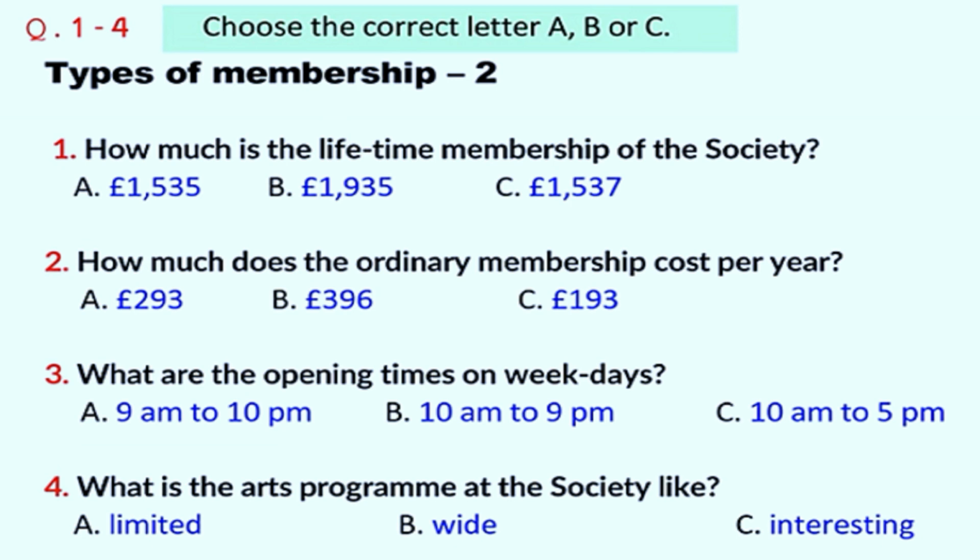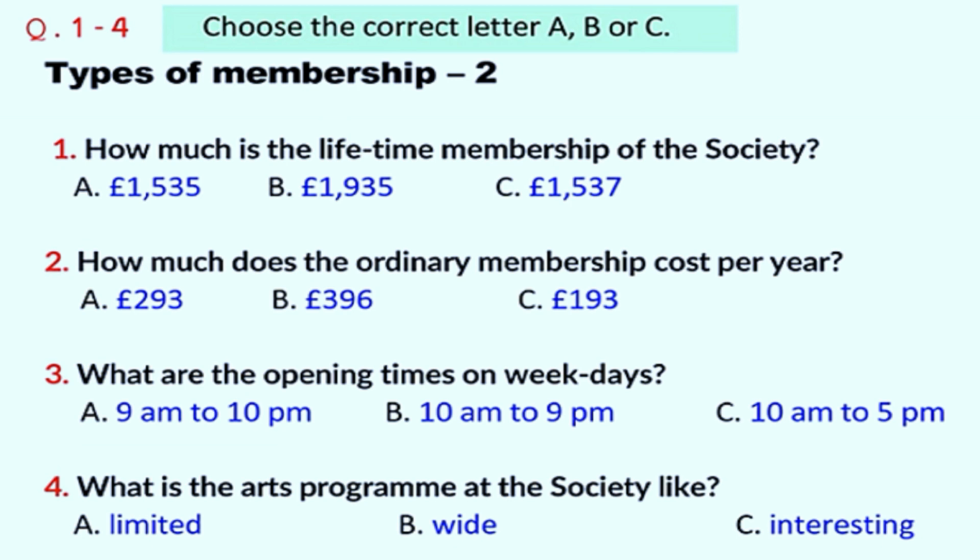Hi. I'd like some information about joining the International Arts Society. That's no problem. What exactly can I help you with? First of all, I'd like to know about the membership fee. Well, there are 2 types of membership. Can you tell me what they are? First, there is lifetime membership, which means that you can have access to all the facilities at the Society itself and all exhibitions. Plus, you can have discounts to various events at affiliated arts organisations here and abroad. And on top of that, you can use the lifetime members' room. How much is that type of membership?